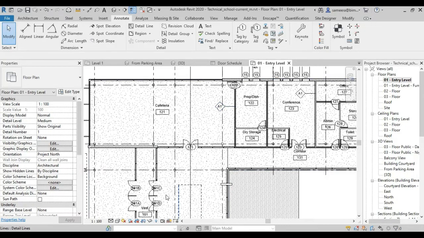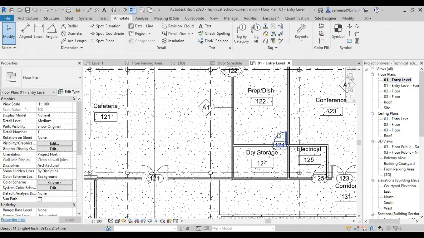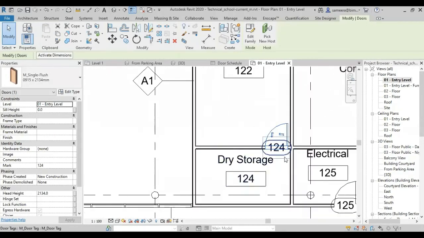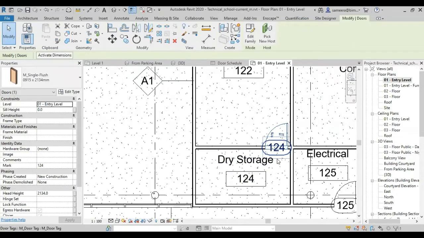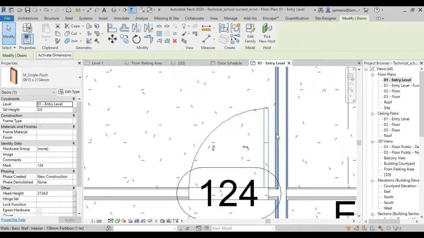Then, editing building elements. For example, here you can see many doors. I'm selecting this one. They will ask you to open a particular file and select a particular door, and they will give you a specified number. Select the door with number 124, like this. Then they will ask you to change the distance from the hinge point to the wall.